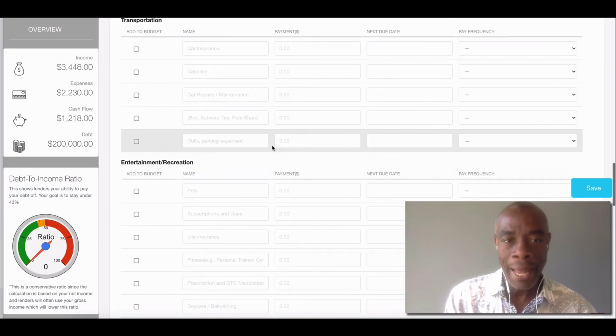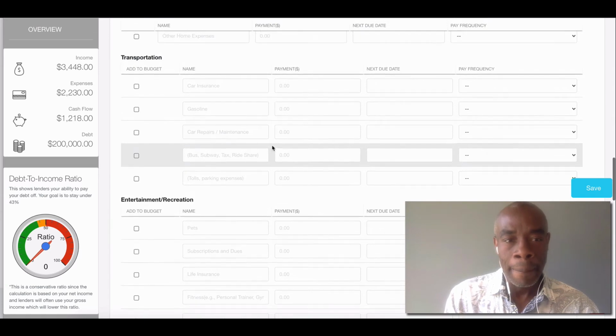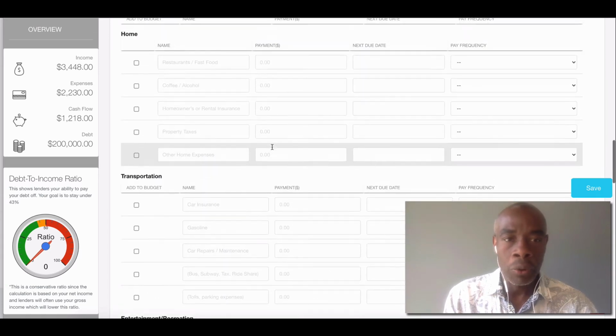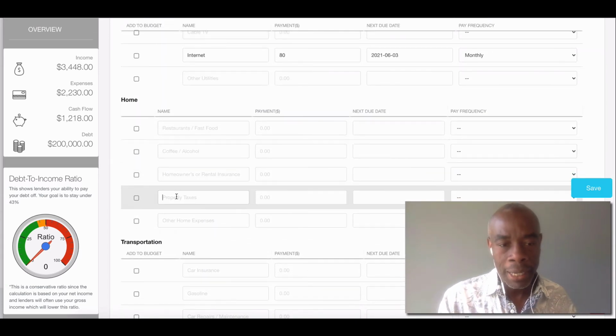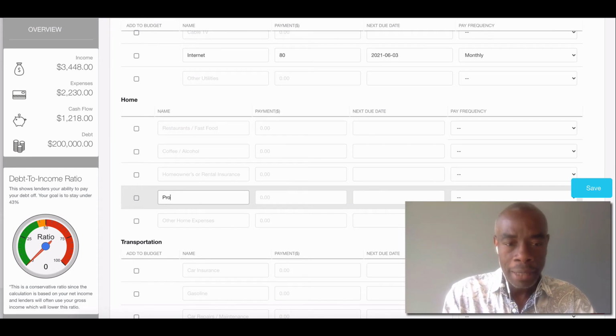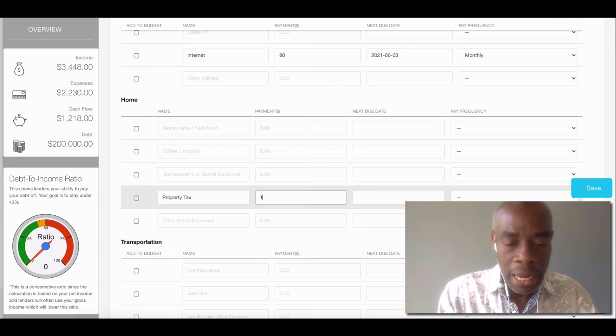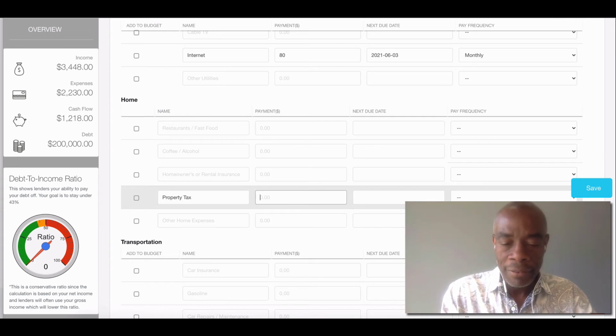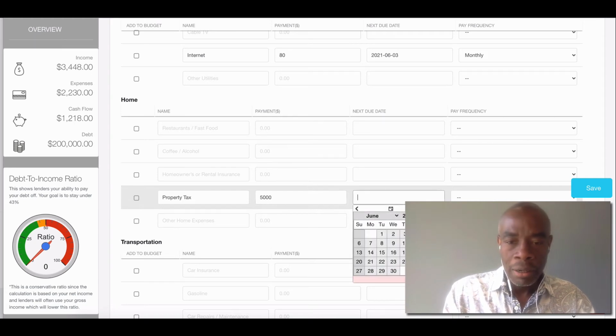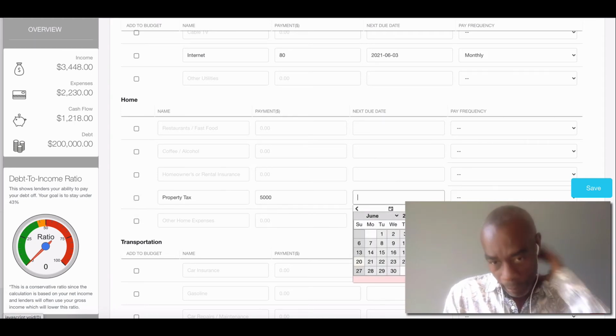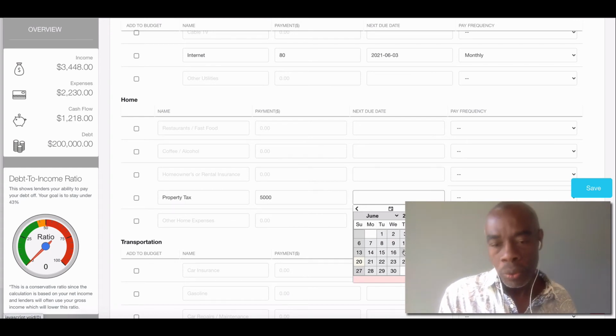If your property tax is, you could put it under entertainment or home or recreation. I mean, there's a property tax slot right here. So property tax, let's say you pay, I don't know, $6,000 a year. It's about $5,000 a year here in Toronto, and that's due